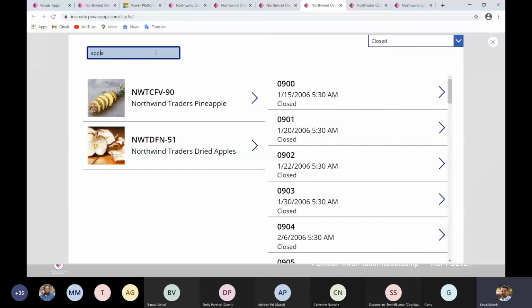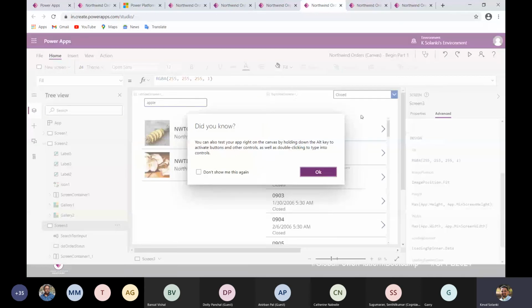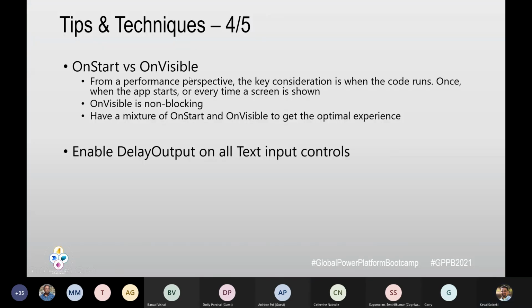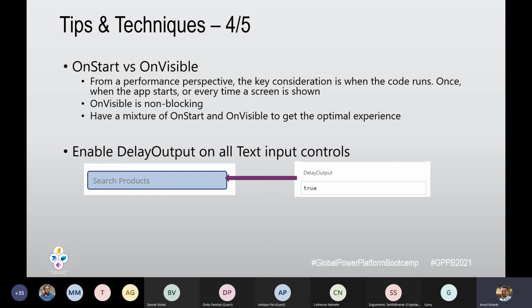This way you reduce multiple queries to the same data source. It is a very small but useful feature when you are dealing with text input controls.